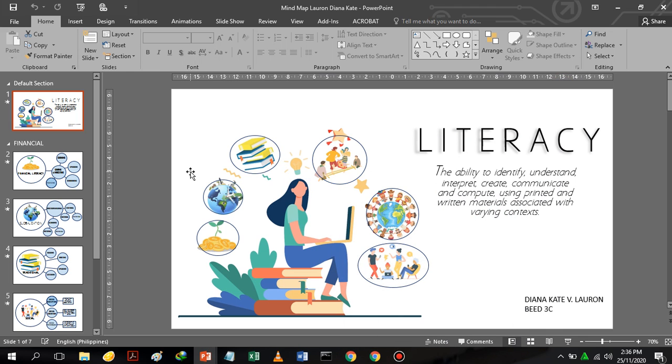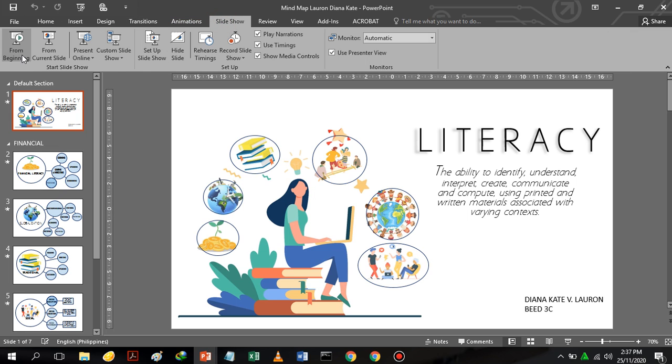Hi everyone, I'm going to show you how to create a mind map using Microsoft PowerPoint. So the topic that we are going to use is literacy. So to show you how it works, we are going to the slideshow tab and then click from the beginning,